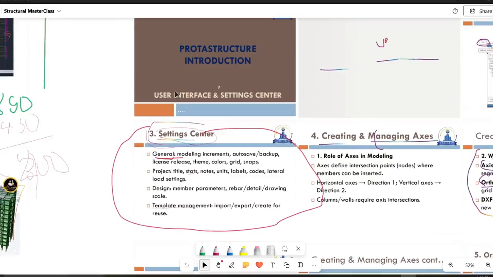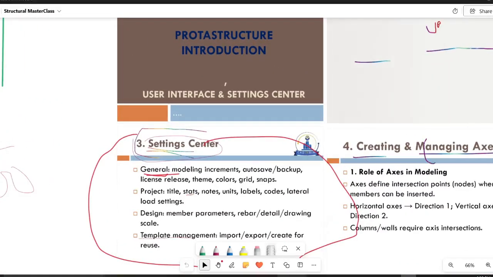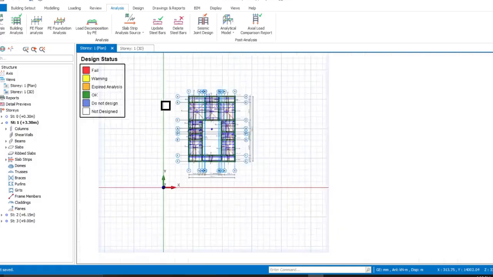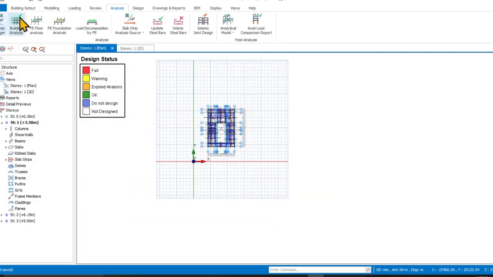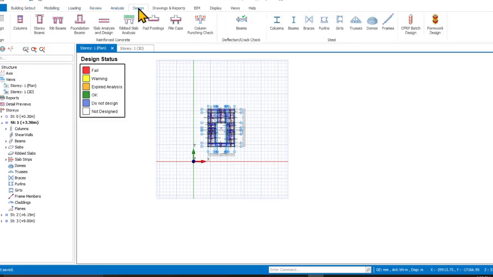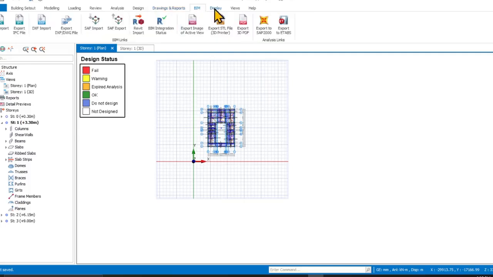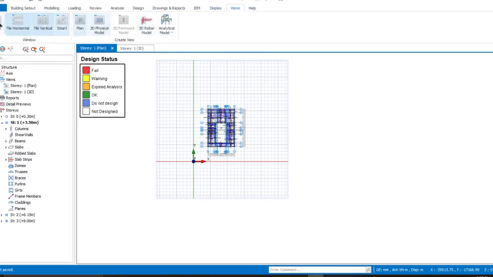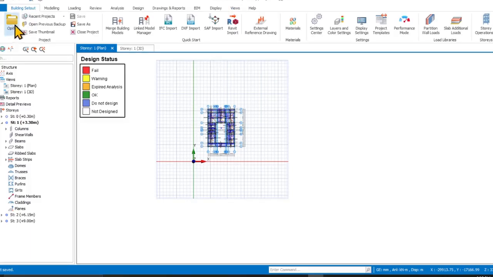So we usually have an introduction, that's the user interface of ProtaStructure, as you can see it here on my screen. So let me know if you are very familiar with the user interface. You can just run through them. So the main thing here that you have to understand is that